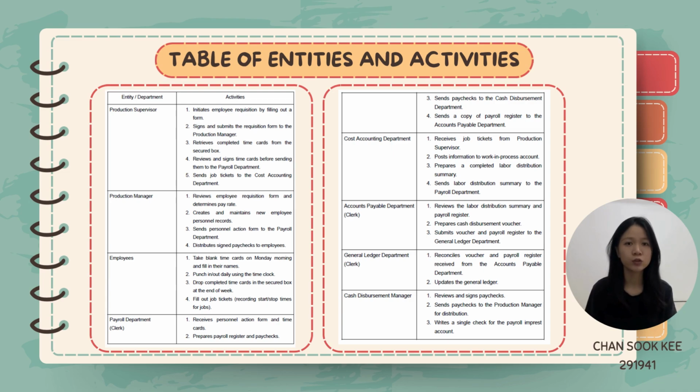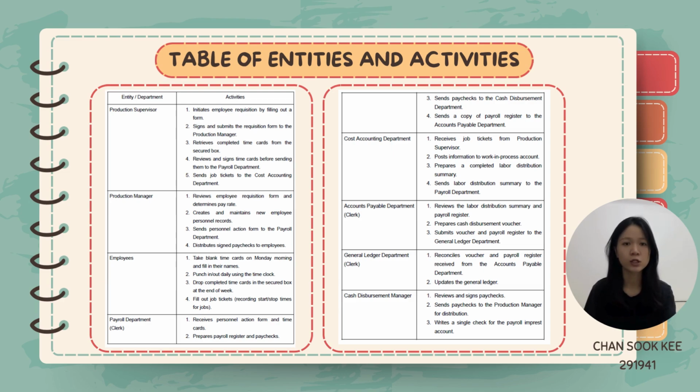First, the production supervisor initiates the process by handling employee requisitions and reviewing time cards, then forwarding job tickets to cost accounting. Next, the production manager takes over by approving these requisitions, maintaining personnel records, and ultimately distributing paychecks to the employees. Meanwhile, employees complete their part by filling out weekly time cards and job tickets, which form the basis